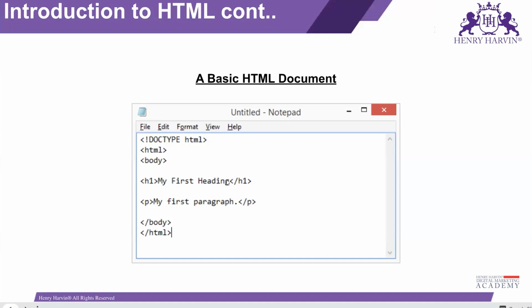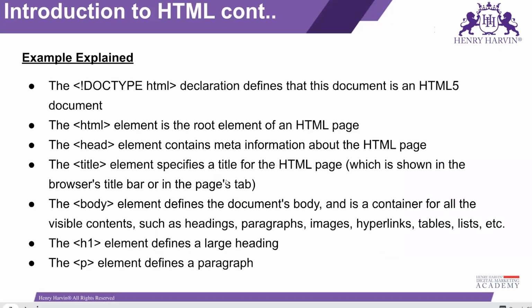And if you are using the WordPress CMS, then definitely you will also get different types of heading and paragraph. And if you are able to understand all these things in HTML, then you can easily design your content on other CMS software. So there are different types of tags and code that HTML uses, like this one defines that this document is an HTML5 document. And when someone starts coding,